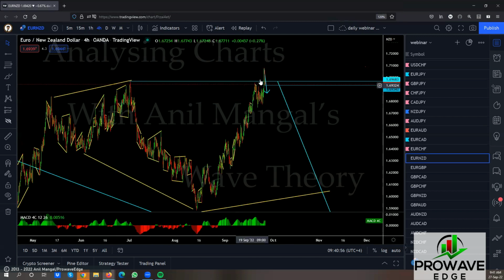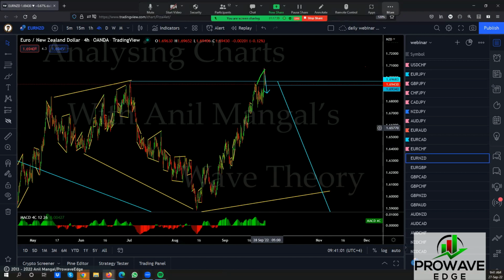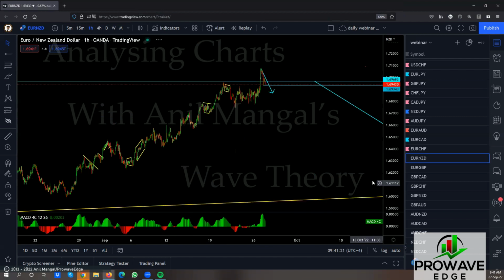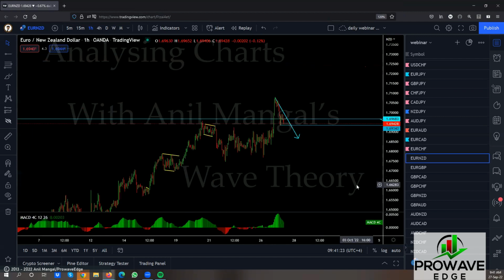The bigger picture says, well, from this point, we can drop. We can also make a running flat and go back up, which means this could become a running flat and go back up. Just like you can go with any series of running flats here, right? Any series of running flats in here. See that? So this could be a running flat and go back up. All we need to do is take this trade, get it to break even. And if we're lucky, we're coming all the way back to the bottom. If not, we'll get break even and it goes up. In that range, you could get better than break even.